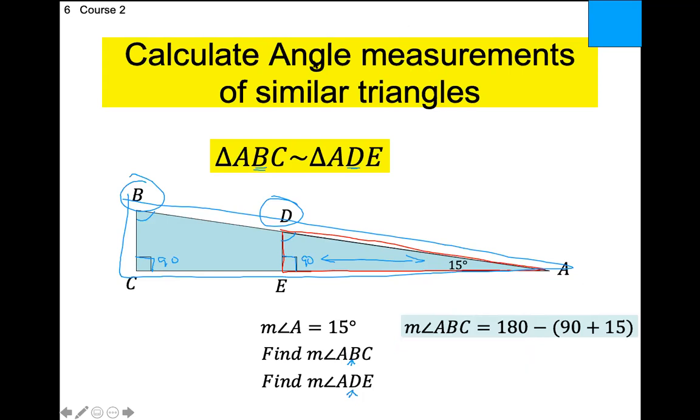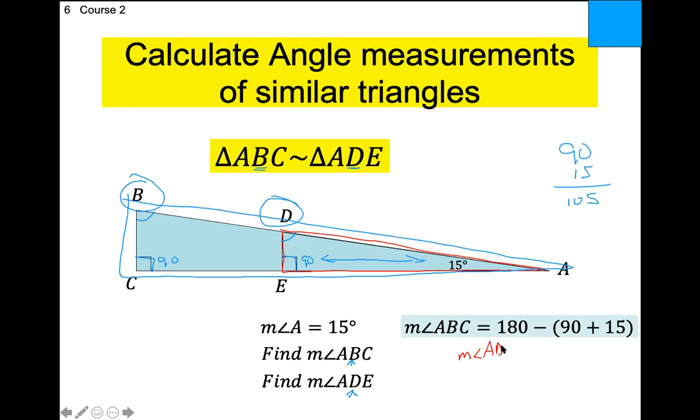Because let's think this one through. 90 and 15 added together would be 10, 11. I'm sorry. I can't do math today. It's Friday. 105, and subtract that from 180. That's not 65. That's 85. 85 degrees. So the measure of angle